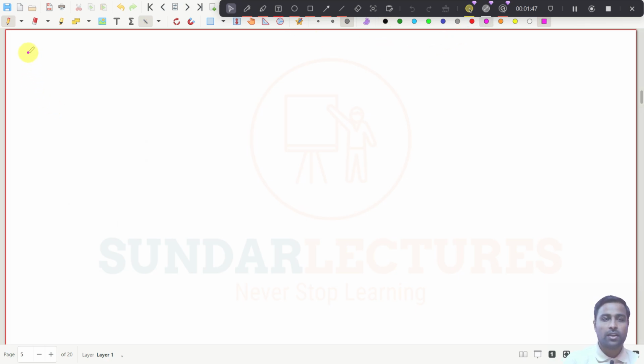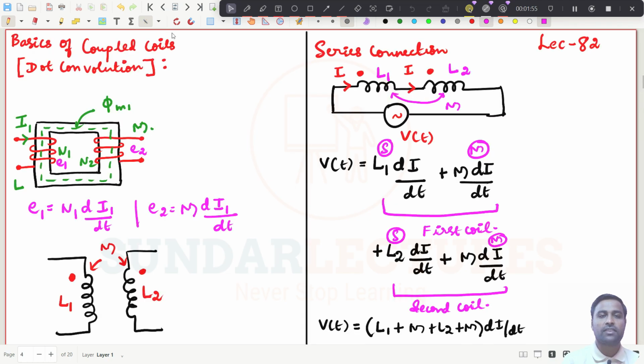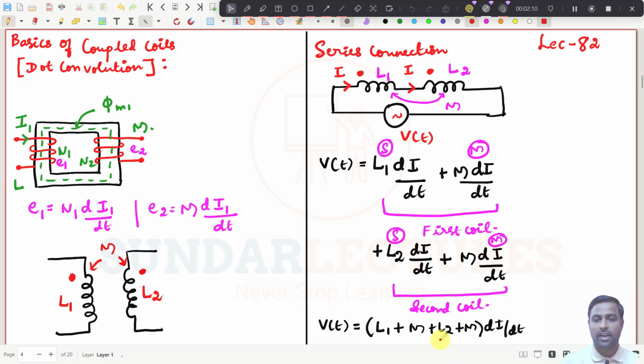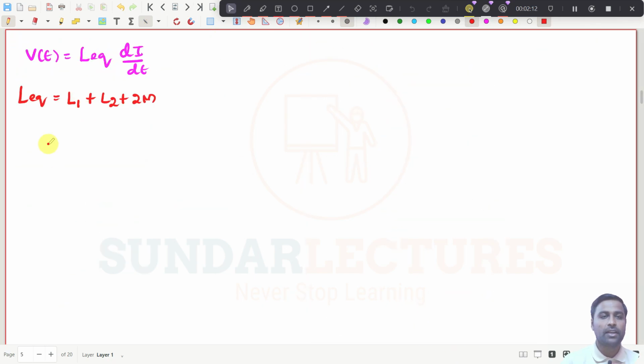See this one, V of t can be written as L equivalent of di by dt. I have just taken this to be L equivalent. And what will be the value of L equivalent? L equivalent will be equal to L1 plus L2 plus 2M. That is what I have here, right? This M will be added. So this is the L equivalent